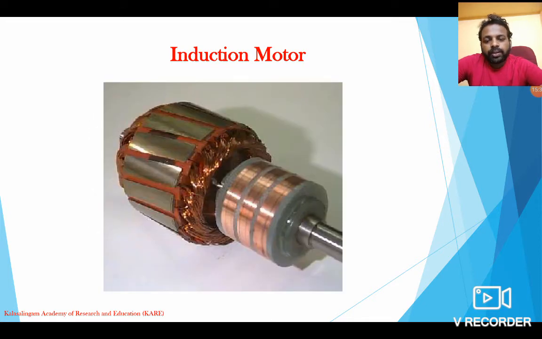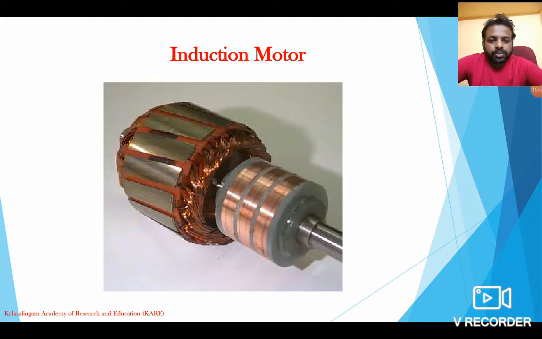So here you have an image of a slip ring kind of rotor. The rotor has a number of rotor slots. Over the slots we have a number of windings. This winding is connected. Just take an example: here we have a three phase winding, so we have used three slip rings.